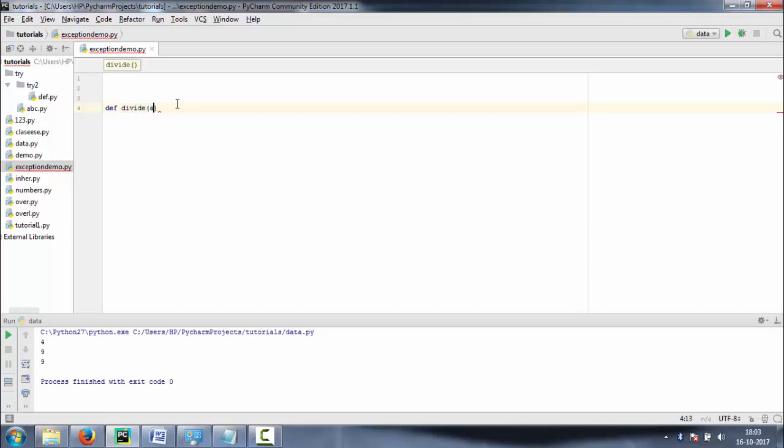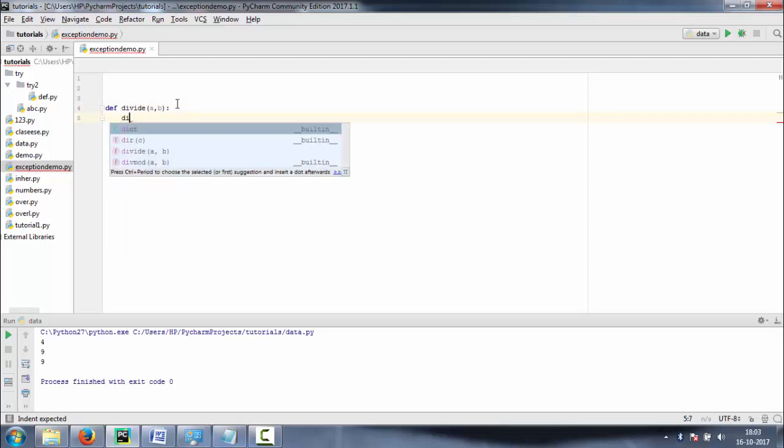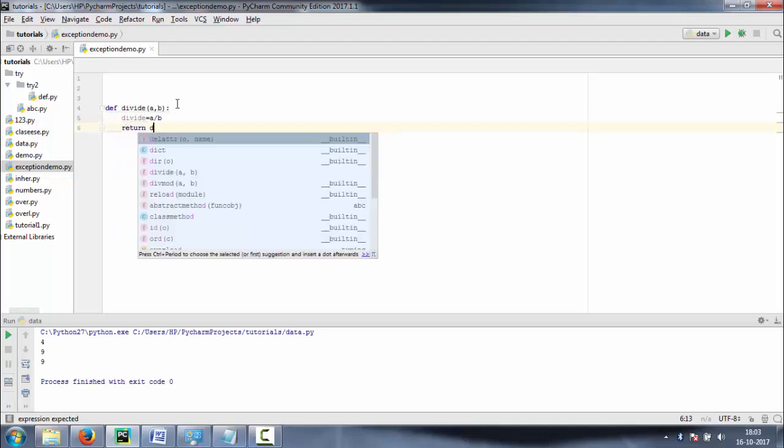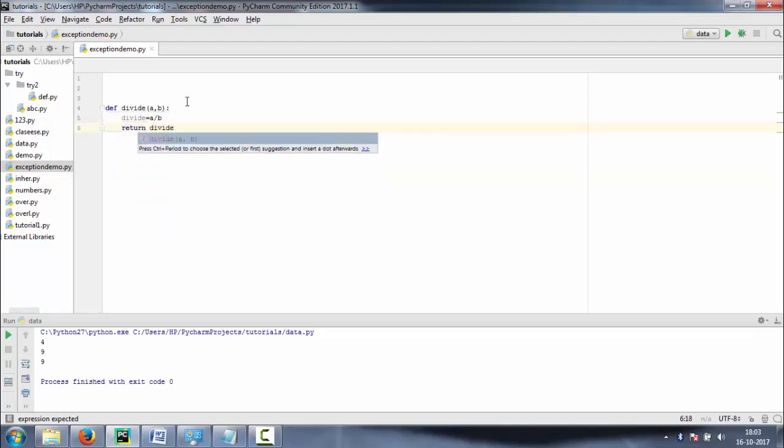I create a method divide and take two values as input. In result, it will return a divided by b, and will return the result variable.